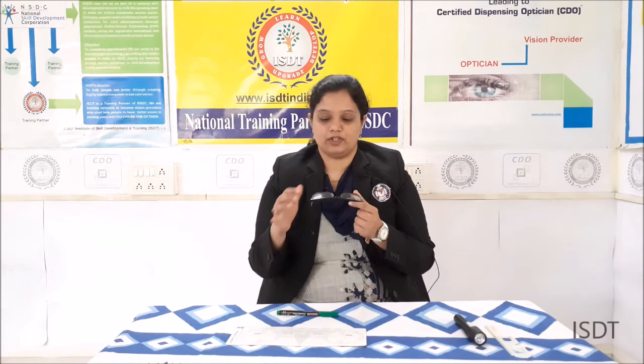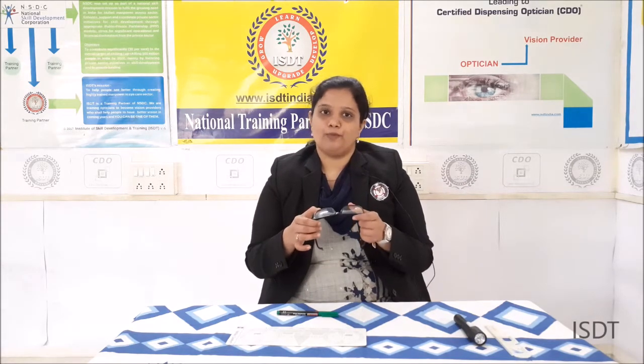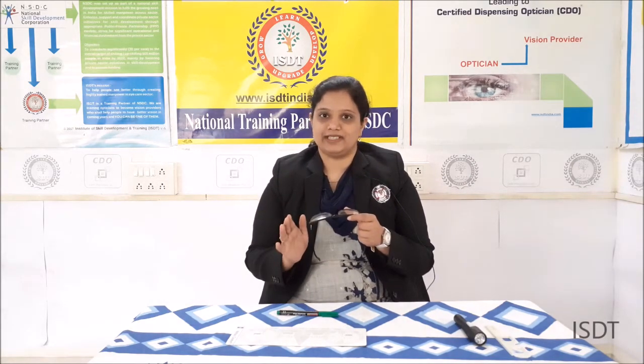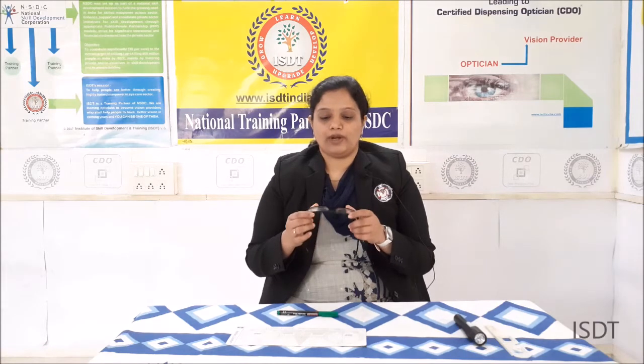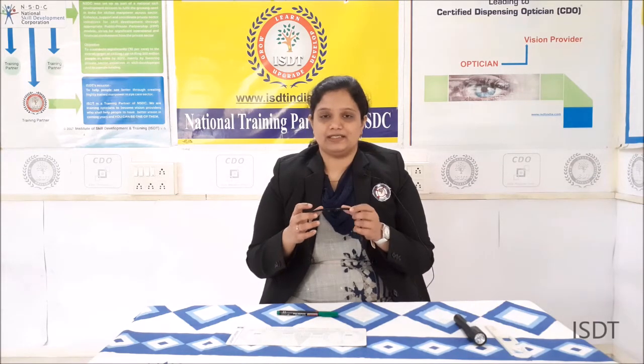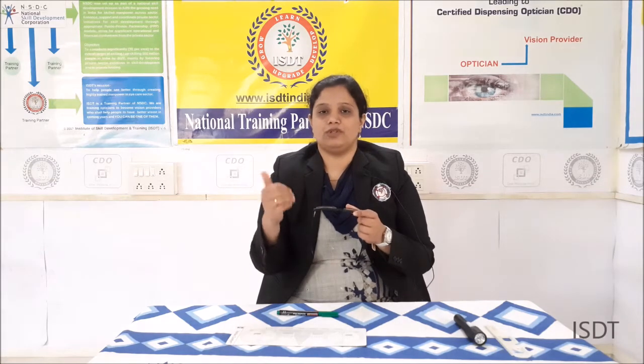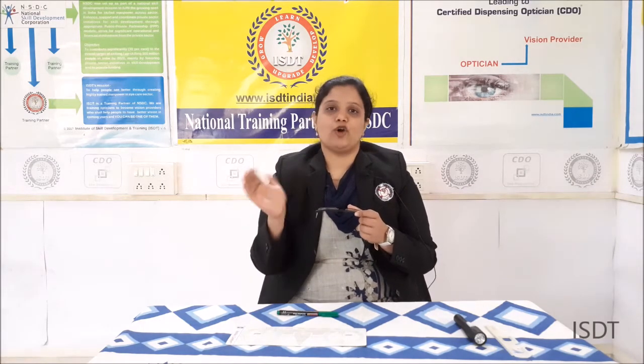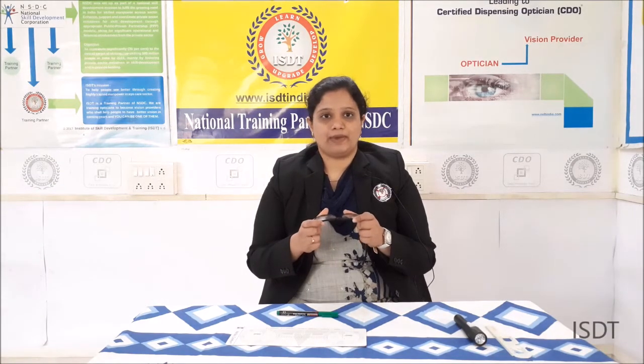I had checked his visual acuity with the glasses, both for distance and near. His vision was 6/6 and N6. Now the only problem is that he feels that the distance portion is not enough. When he switches from the distance portion to the intermediate, he feels that he cannot see clearly. So I am just going to recheck my prescription.